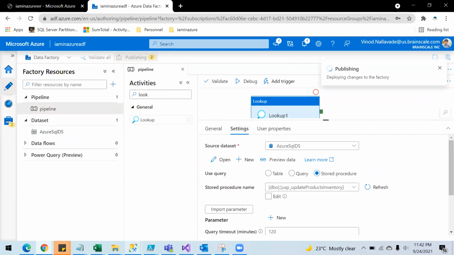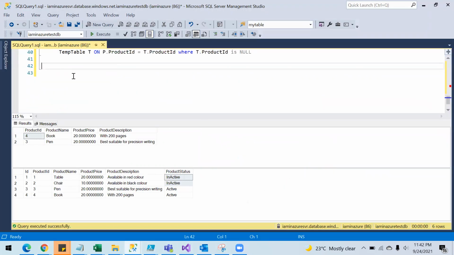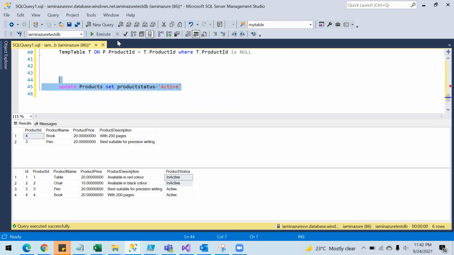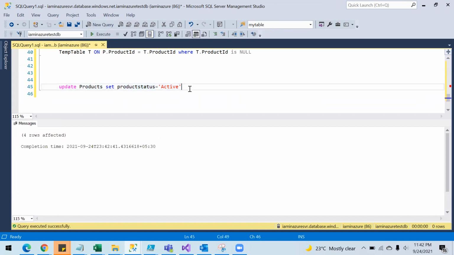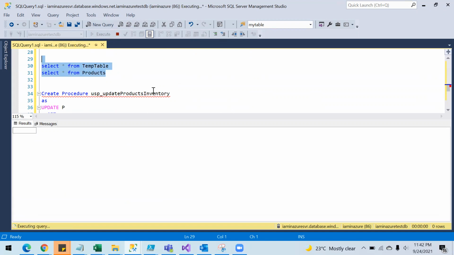Meanwhile, I will update this data back again: update products set product status equal to active. This is just to show you again how the proc is going to run when I call this lookup activity.